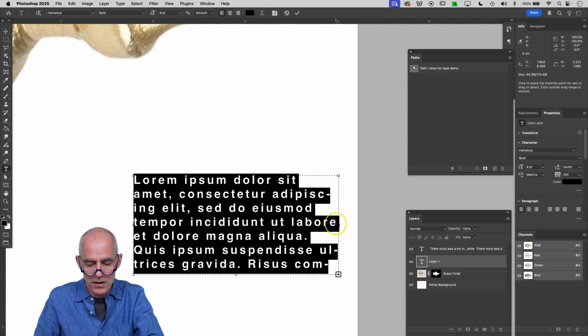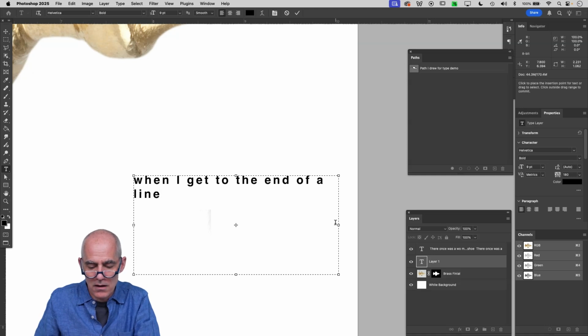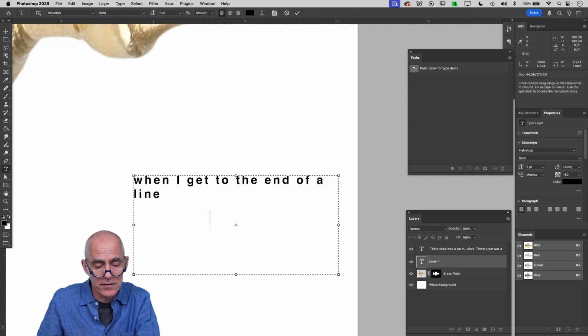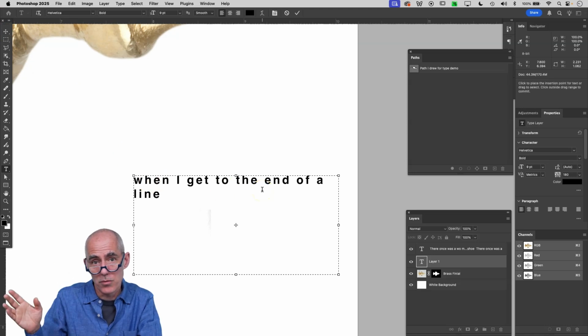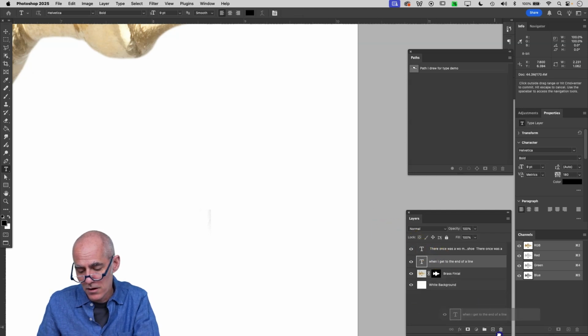Okay, so if I have a nice paragraph of text, when I get to the end of a line, it doesn't just have that L and an I and then wrap to the next one. It's going to try and keep whole words together, because that's a lot more legible. So the same thing happens when we are typing on a path. It will also try to keep whole words together,